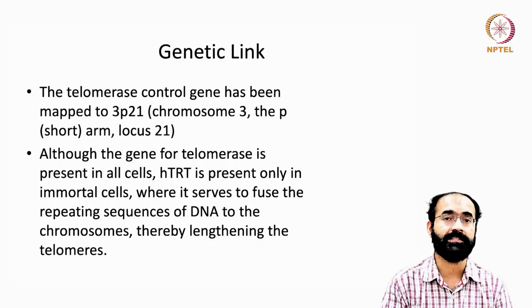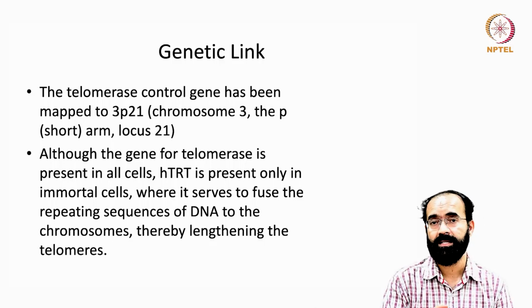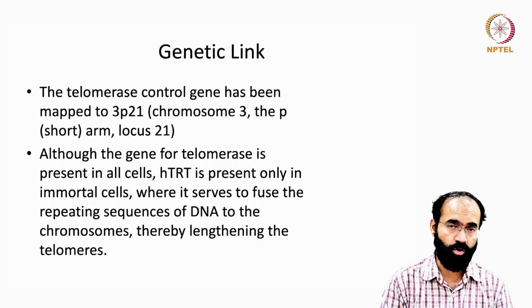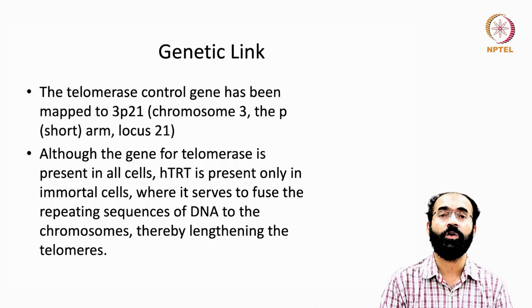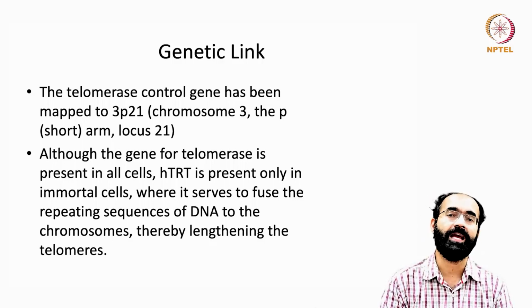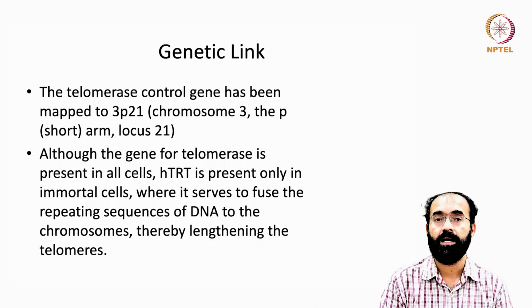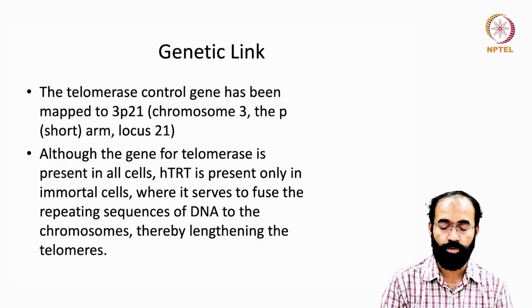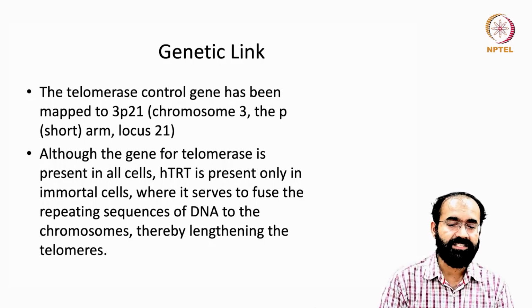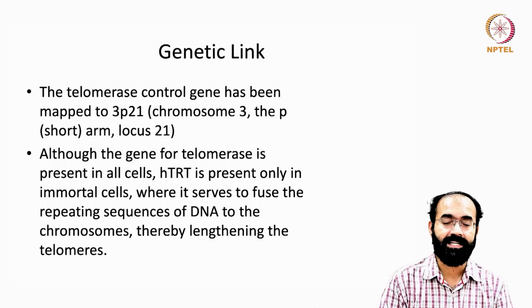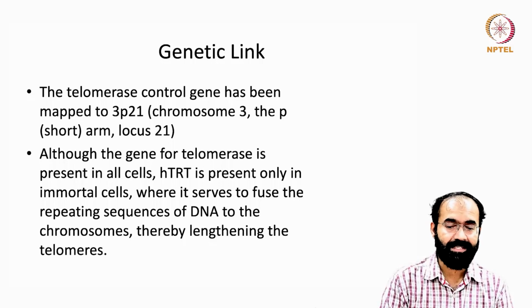So the telomere is a handle for the spindle fibers to separate out these divided chromosomes. On either side of this centromere, you have the p arm and the q arm. This is located on the p arm at locus 21. This is the telomerase controlling gene. Although the gene for telomerase is present in all cells, the human telomerase repeat transcript is present